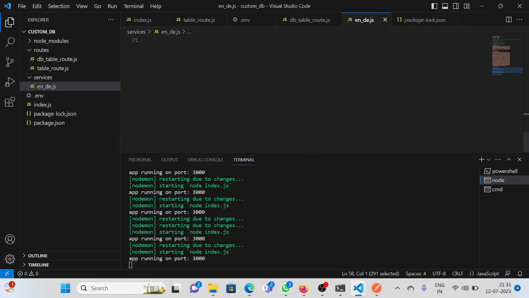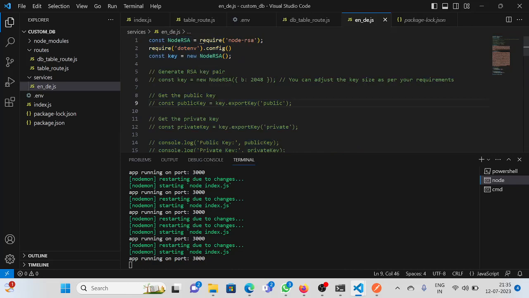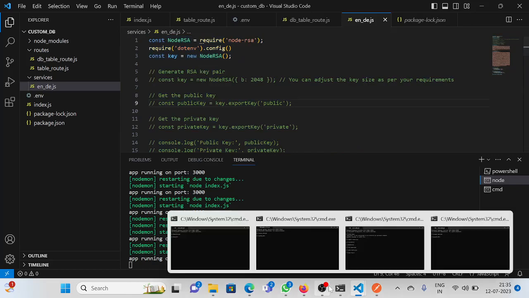So this is kind of full encryption and decryption. You have the video, you can go through it, and if you have doubt,